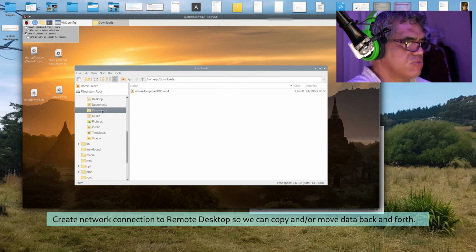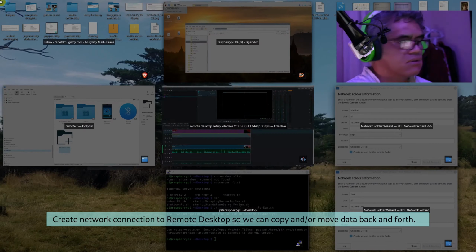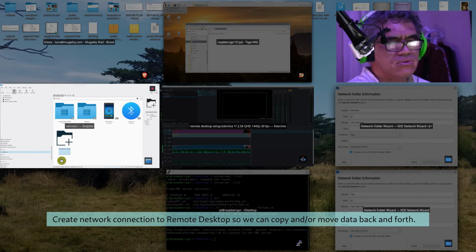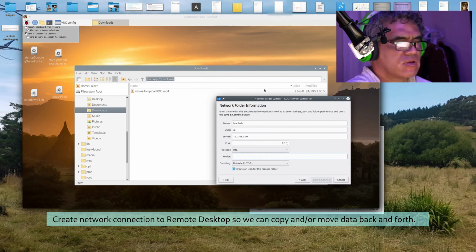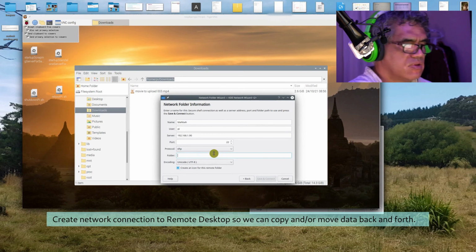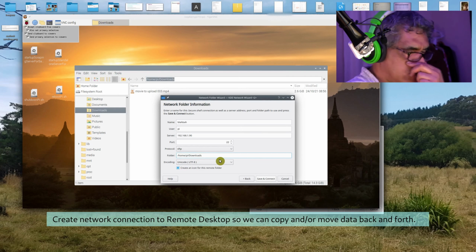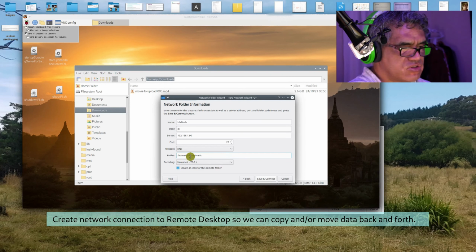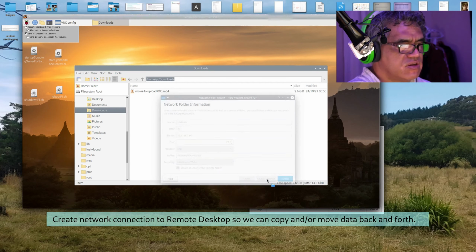So maybe downloads might be a good place, and if I get this path here and I just double click that and take a copy of it, and then go back to here and finish this off, and then I can just right click here and paste that path. So when we click in there, we should just jump straight to our downloads, save and connect,